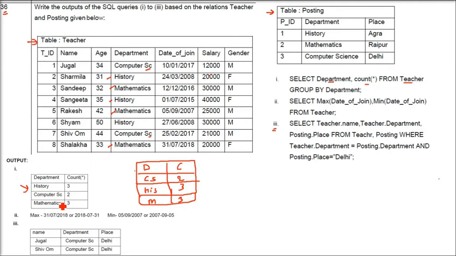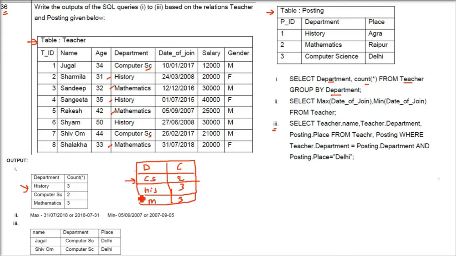The answer which is given here, why is it not correct? Because it is grouped by department. Department has alphabets, or you can say characters, strings, words. So these words have to be arranged in alphabetical order. If you see computer science, history and mathematics, C will come first.